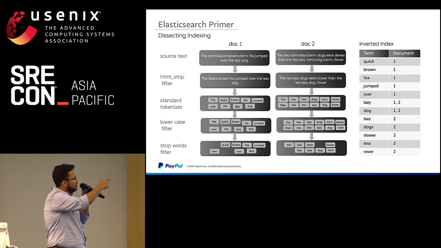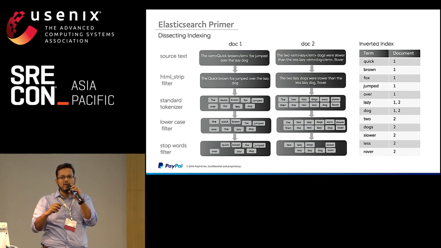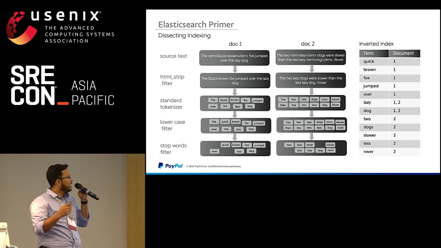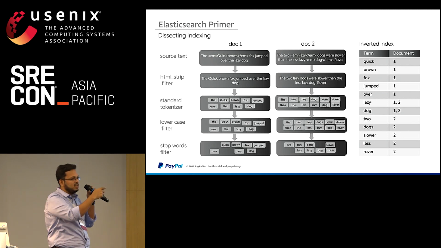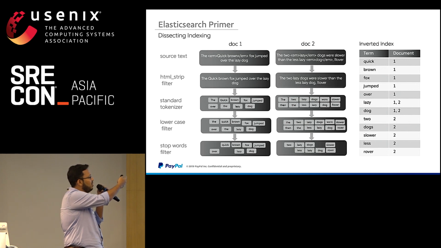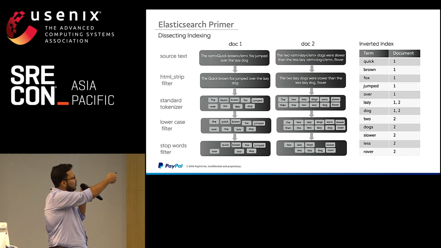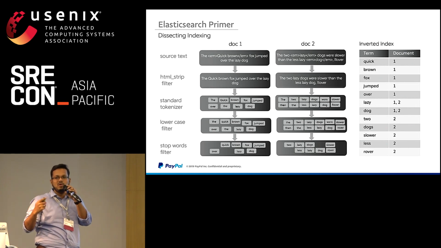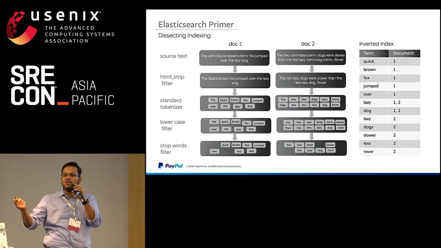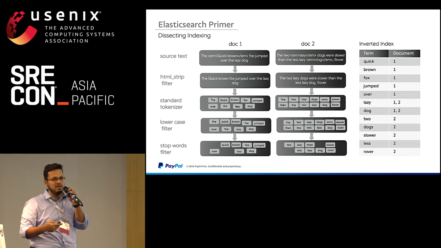The table that you're seeing there is, in actuality, a little more complicated. Elasticsearch stores a bit more detail on the inverted index, but this just gives an idea of how searches are faster. So you have each term, and for each of those terms, you have the documents matched to it. Quick is present in document 1, lazy is present in both document 1 and document 2, dog is present in both. So anytime you're searching, all it needs to do is come back to this inverted index, look it up, figure out how many documents there are and where they are, and get you back the results. That's what makes it faster.